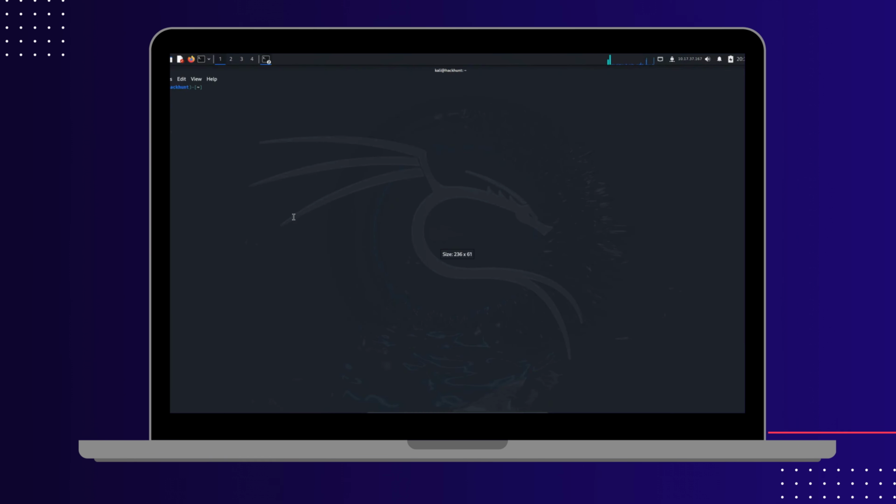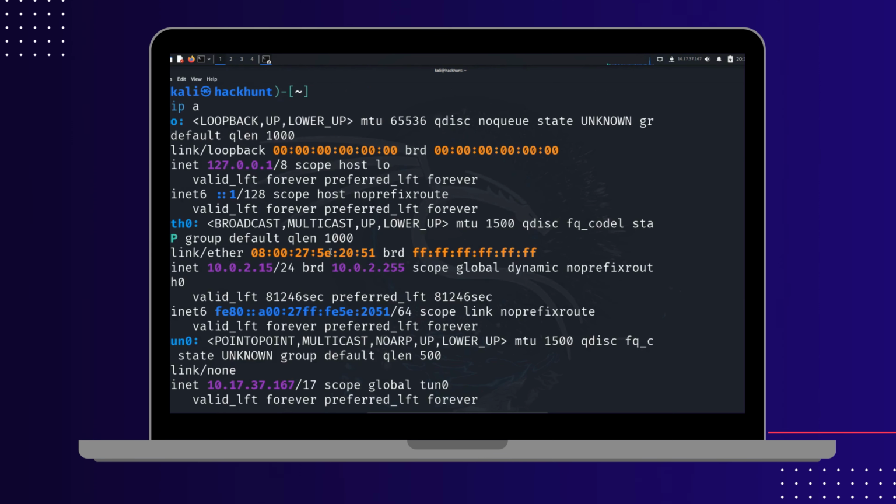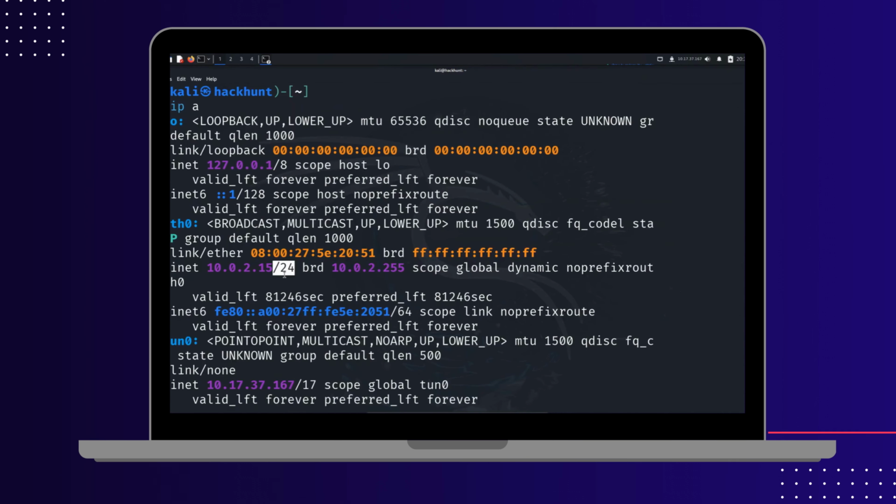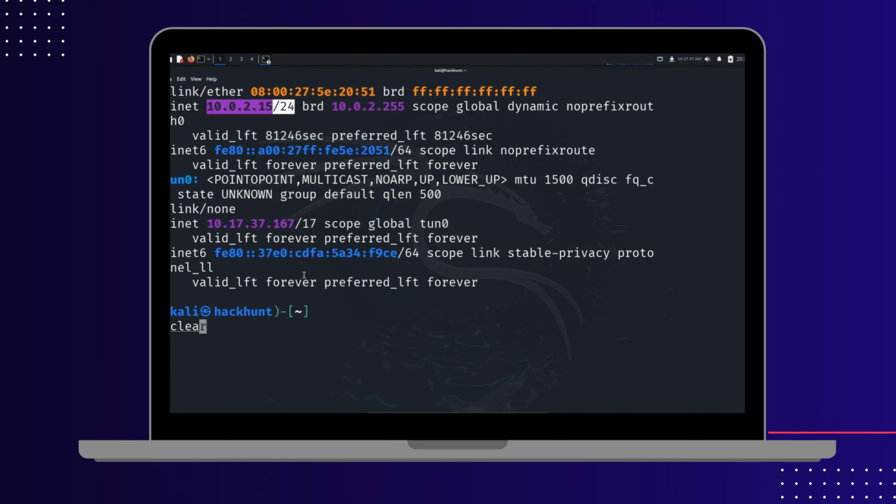I will first open the terminal and type the command ip space a and press enter. In the output, the name of my interface is eth0. I'm using this interface to connect to my Wi-Fi. This is my IP address and I'm in the /24 network, meaning that there could be 0 to 255 hosts in my network. Now to see which hosts are online, I will copy the full network address, clear my screen